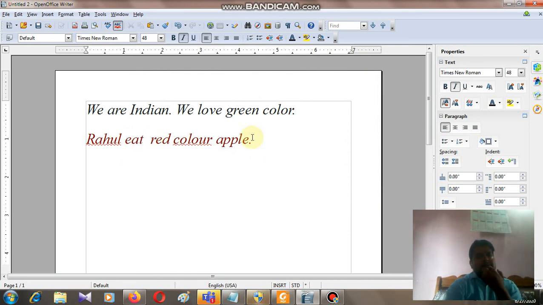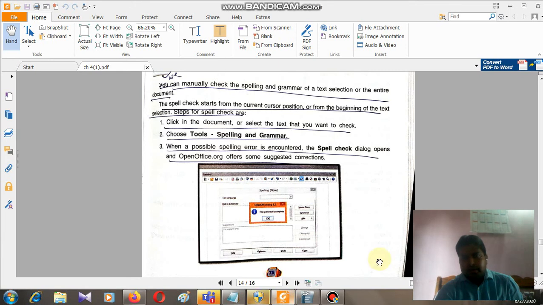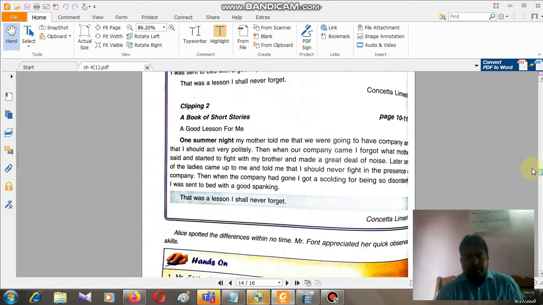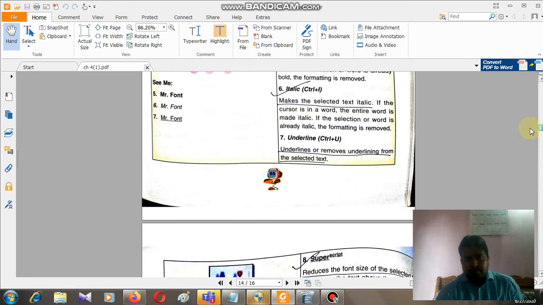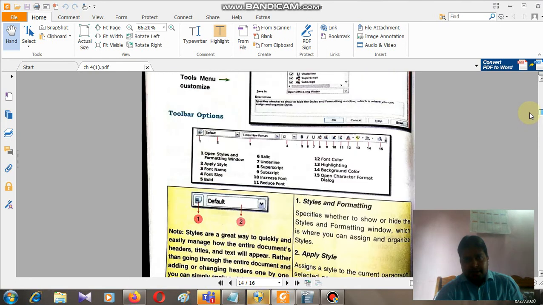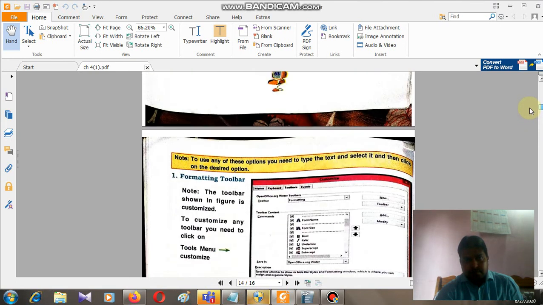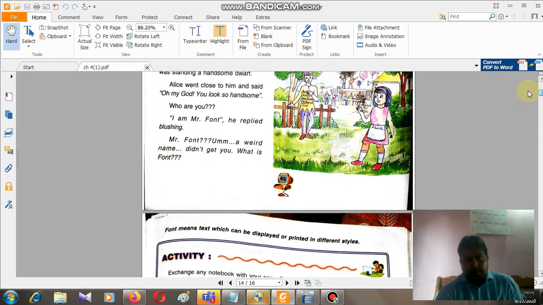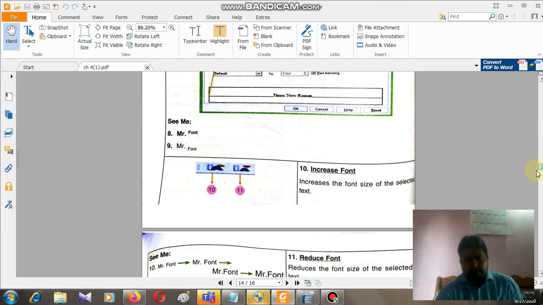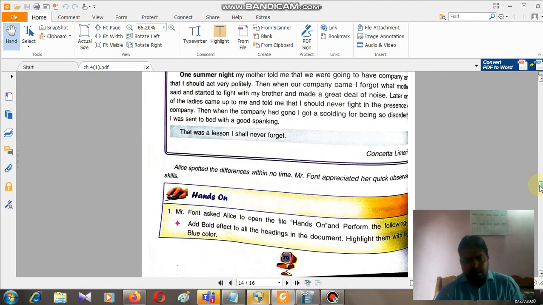The next one is format painter. How can you use this format painter? Spelling and grammar I have discussed, how you can change. When you read this in your book, you can get this idea. The format painter option is here.